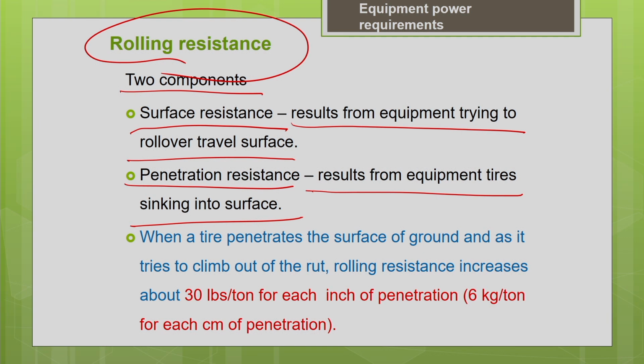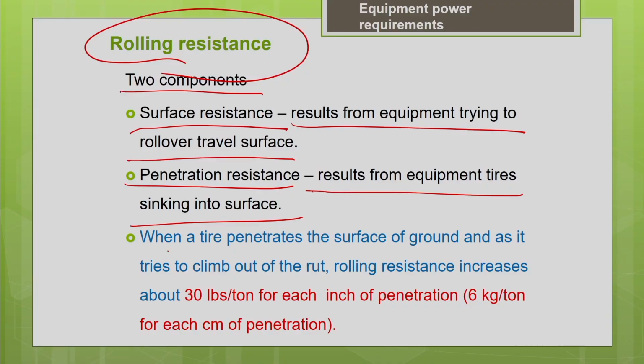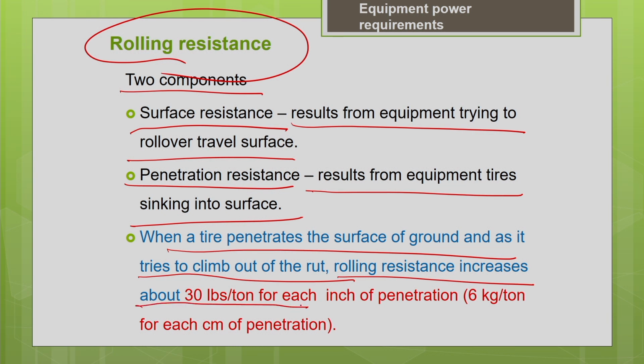So, you need some additional efforts to bring the machine out of that rut and keep it moving. So, what is that additional effort? Okay, that is what we are going to find now. When a tire penetrates into the surface of the ground, and as it tries to climb out of the rut, the rolling resistance increases about 30 pounds per ton